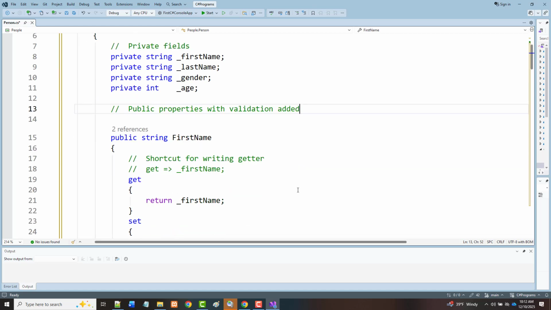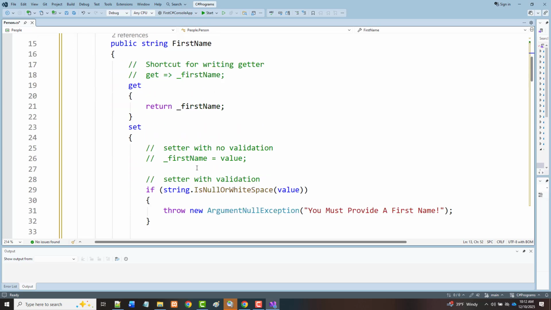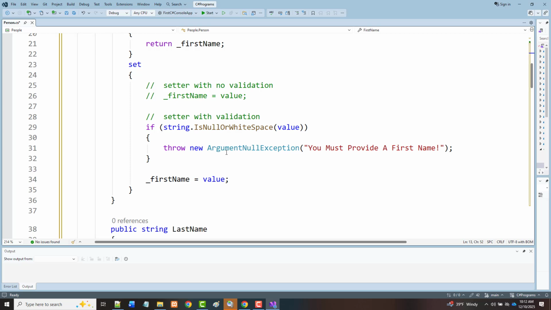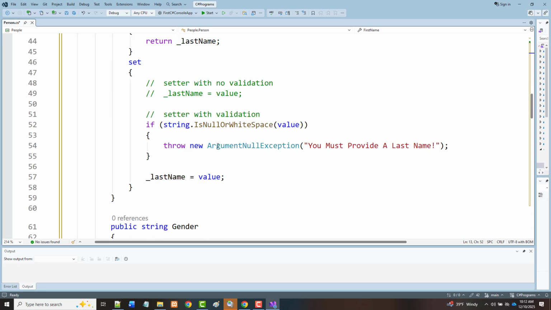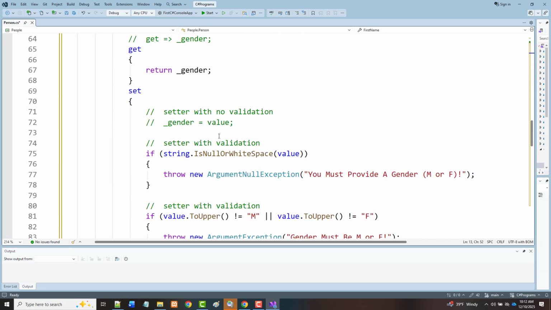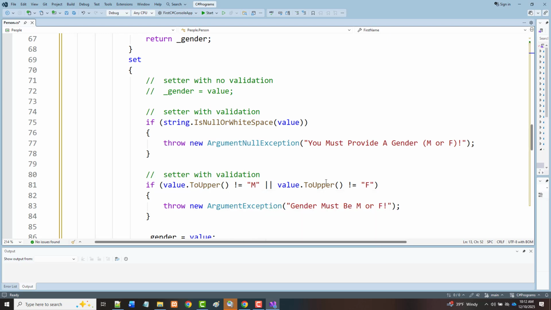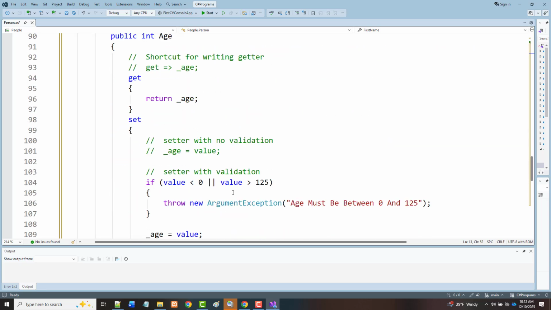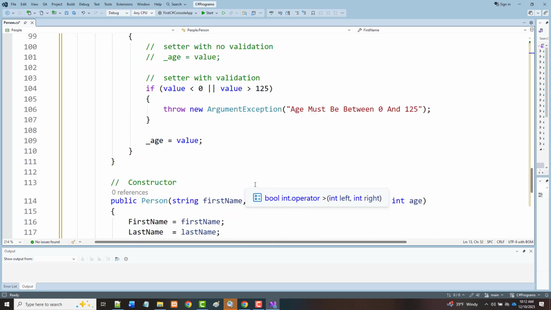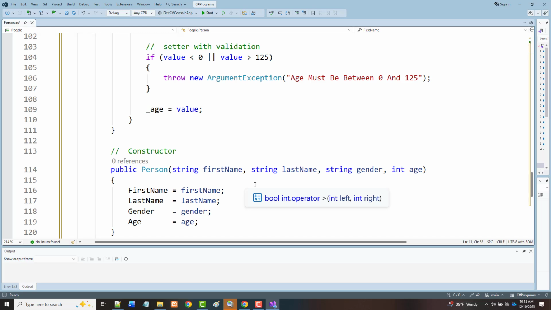So I've got my first name property, and I showed one way of writing it, and then another way of writing a getter, and then a way of writing a setter with no validation and then with validation. Then did the same thing for the last name, and for the gender. I put a little more in here because I said the gender must be M or F, so the person knows. And an age, which has to fall within a certain range. Finally, we created a